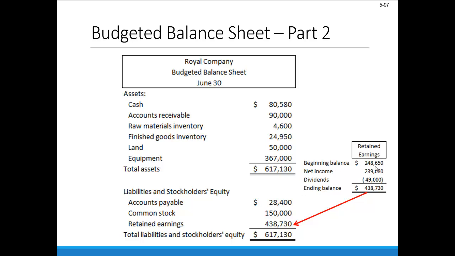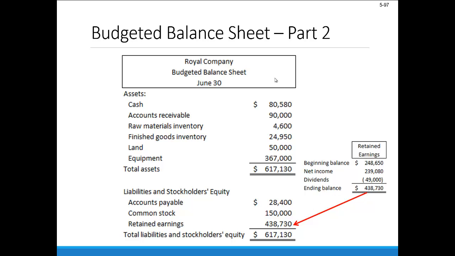We had that beginning balance from our previous balance sheet of $248,650. We would add to that our net income from the budgeted income statement, $239,080, and then subtract any dividends, which in this case was the $49,000 single dividend. And that gives us our ending balance shown here,